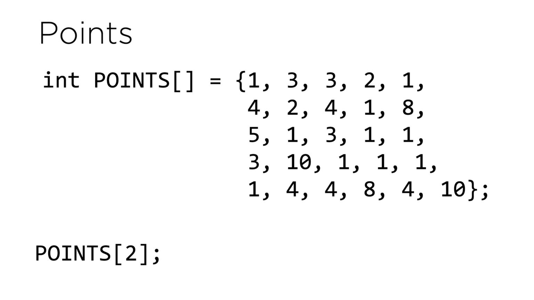Likewise, points[2] would give me access to the point value of the letter C, all the way up to points[25], which would give me access to the last element in this array, which in this case is 10, the value for the letter Z. With that in mind, let's now take a look at the rest of the distribution code that we give you